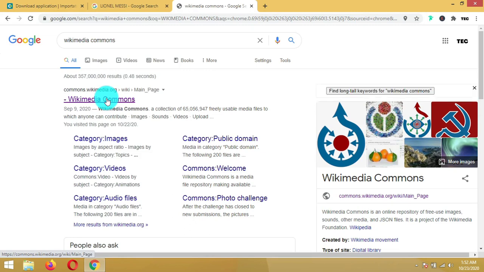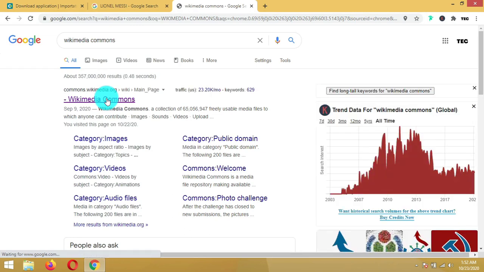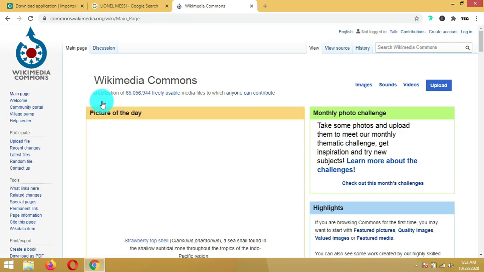So if I click on this website, now you see Wikimedia Commons, a collection of 65 million free usable media files. Whatever image or video you see on this website under the free usable license can be used on your blog without any issues. So to get an image, simply come here and you could search.